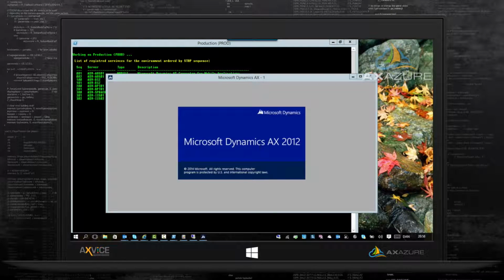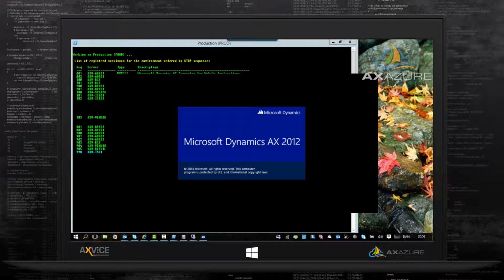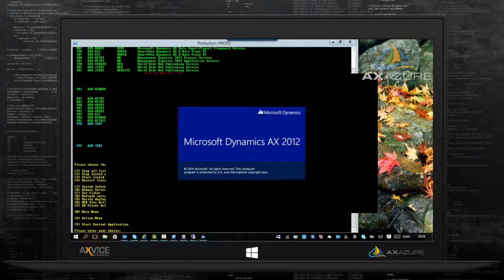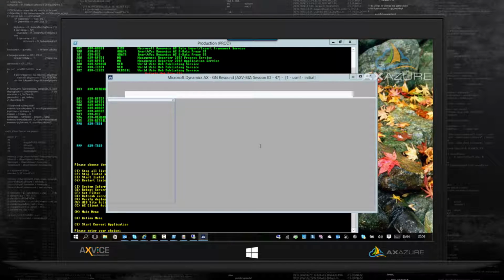So when you open up the application, you actually open up the application as this user, which is very, very beneficial, because now you are actually on that AOS server that he's on with the problem, you're on as him, so you can now start to investigate the problem as this specific user.